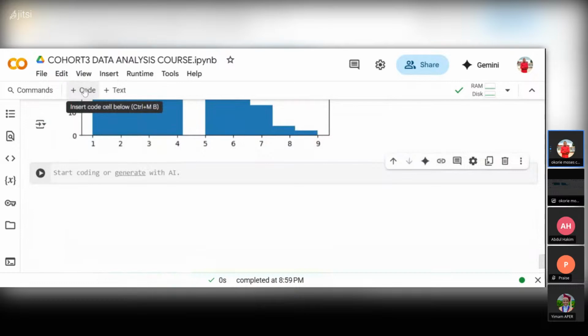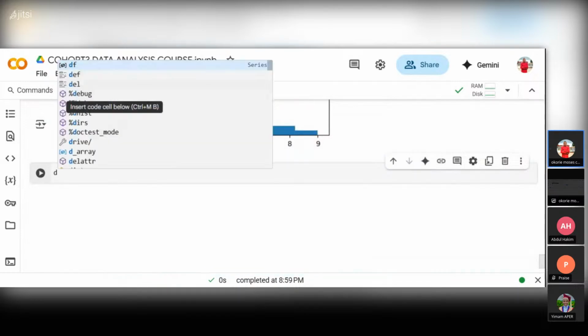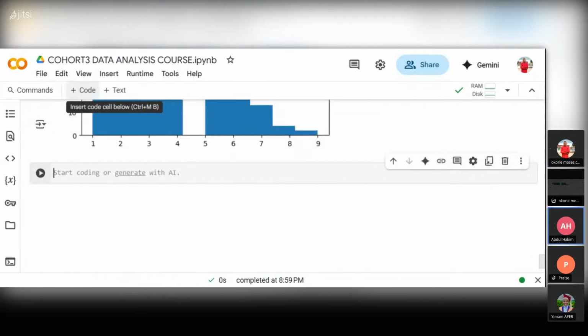Let's name our variable. Okay, sum of gender, underscore gender, and we are going to call our df. Then we are going to call our gender. We are grouping them